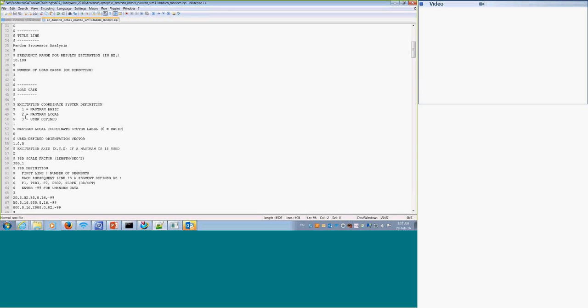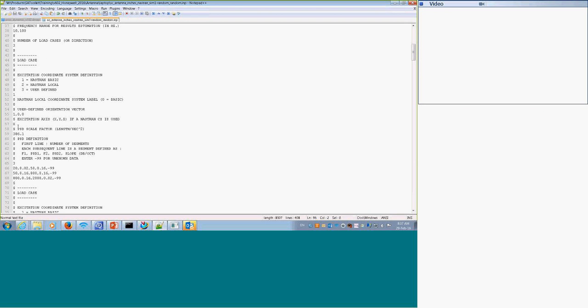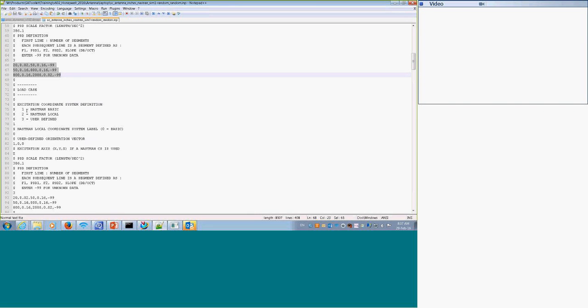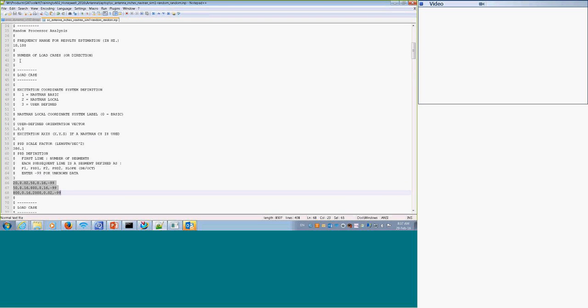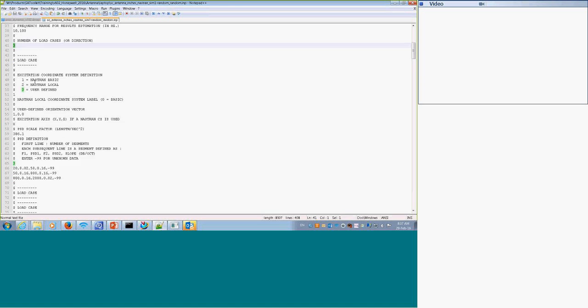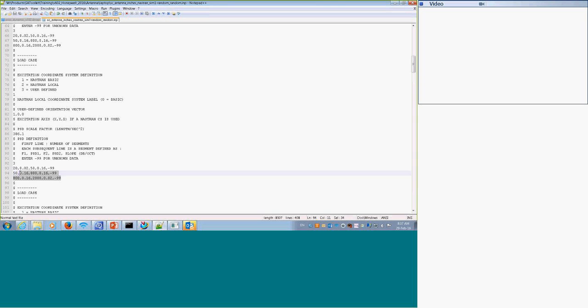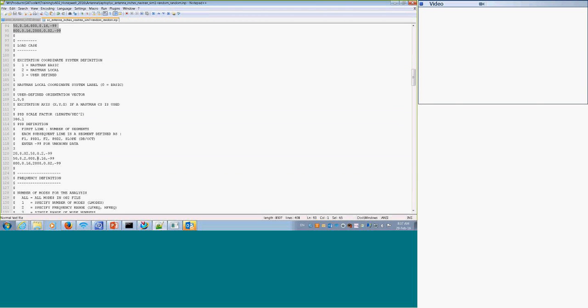So there's one of three load cases, load case 1. This is for the random processor, so I'm loading an X. I've got my PSD defined here. Then I've got a second load case, and it all comes from here, the number of load cases being equal to 3. So it is expecting a second and a third, and the PSD definition for the second, and the PSD definition for the third. And the way the PSDs are written is frequency, PSD, start, and then endpoint.